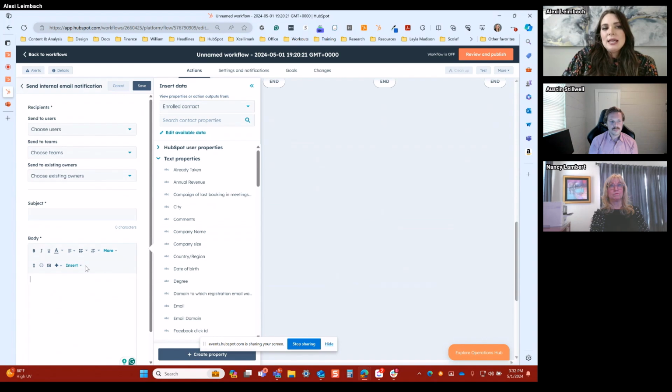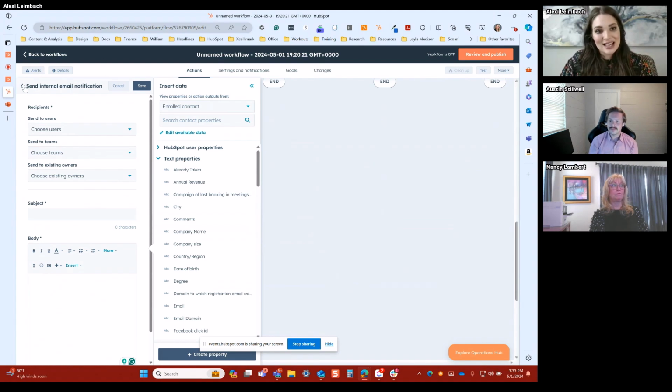If it's the case of wanting to let somebody know that they're getting assigned a lead, though, naturally they're going to want a button in there that they can click through that takes them to that record in the HubSpot CRM, because they're going to want to check out that lead, right? You cannot, that is not a personalization token available to you in internal email notifications. That is only available as a personalization token in marketing internal email notifications. So that's something to note between the difference of them.